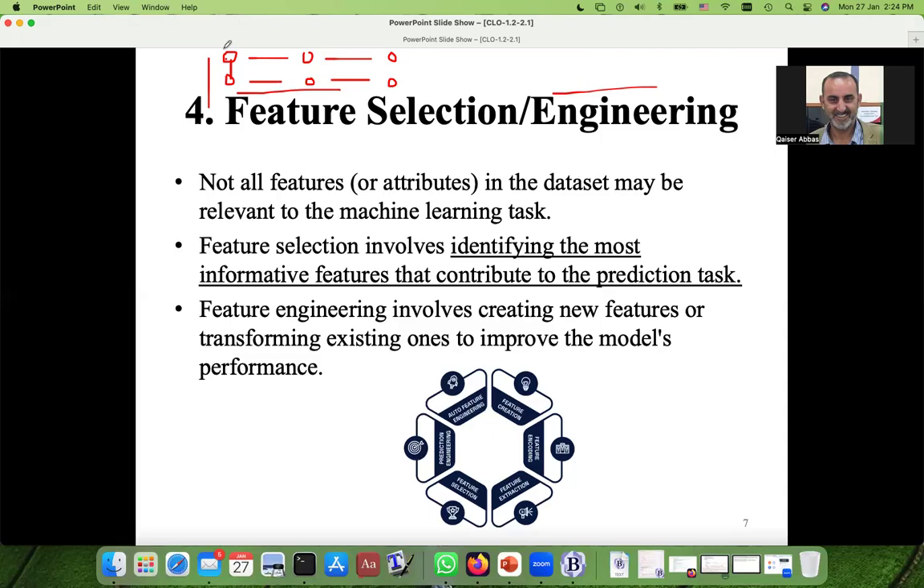You can name some features or attributes here. So you can create your feature,